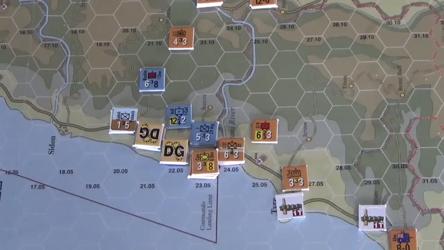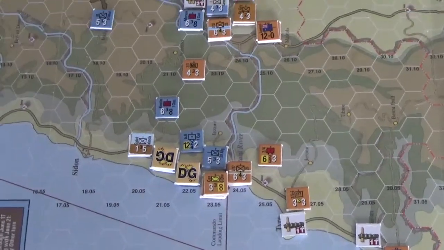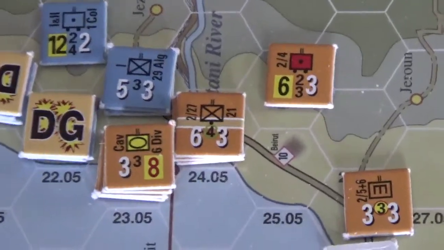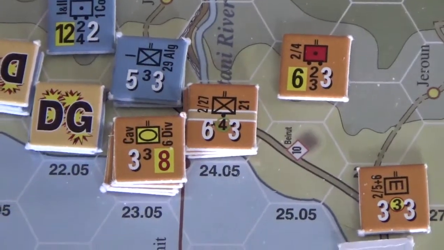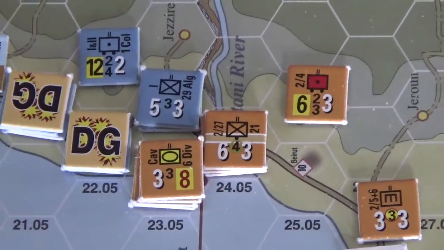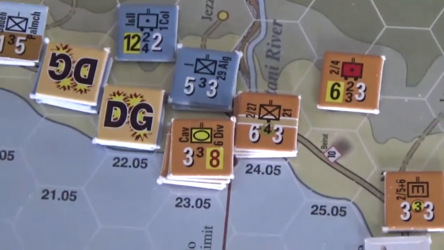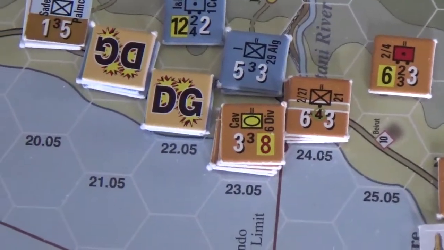So this is the end of turn 8, looking at the front line on the coastal road. Some interesting things happened here. The Vichy bombers DG'd that stack of Australian infantry, and so the Commonwealth took the armored units stacked there, all the mechanized units, and attacked across the river because the Vichys were actually DG'd by Commonwealth bombers on the other side of the river